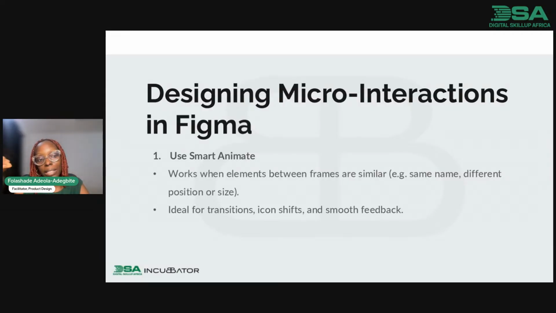We're going to get to that part when you are doing prototype. So this is just a theory part, but we are still going to talk about it in one of our classes and see how it actually works on Figma. Smart Animate is ideal for transitions, icon shifts, and smooth feedback.